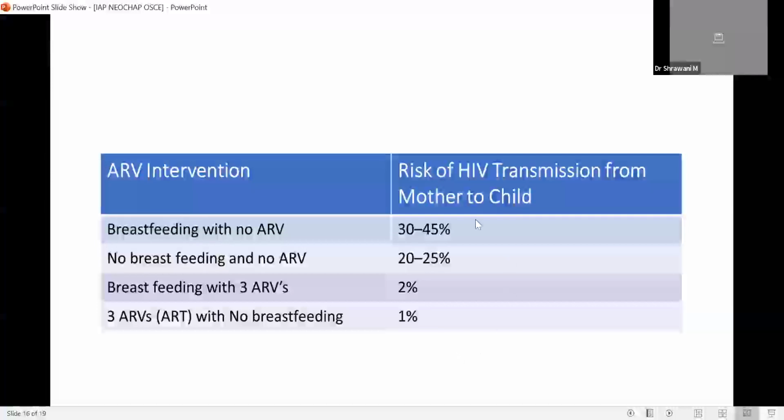Okay. And whenever we are giving replacement feeding, it should follow the AFASS criteria. It should be acceptable, feasible, affordable, available, and safe. Replacement feeding, and the mother can give exclusive breastfeeding. So when